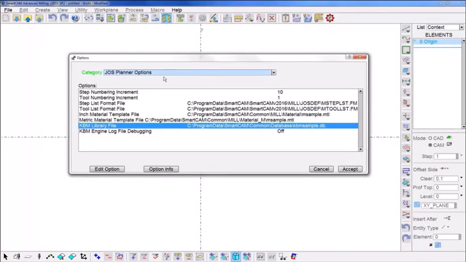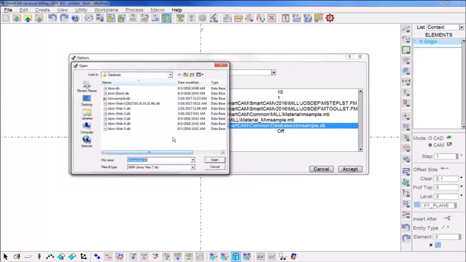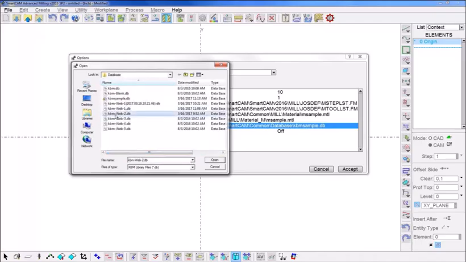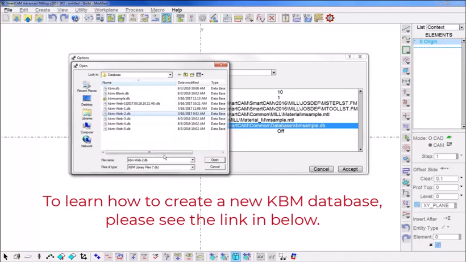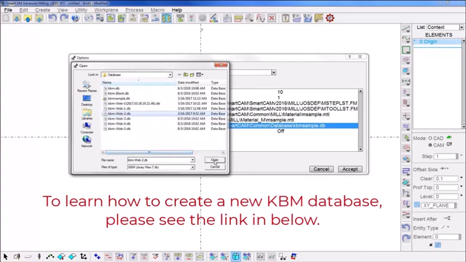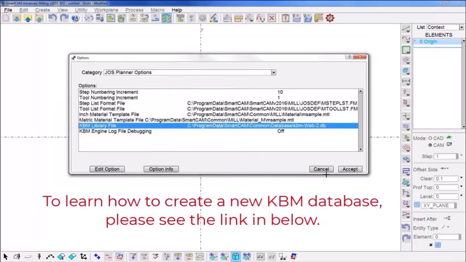So I go up here to Options, KBM Library file, and I'm going to pick one of these. You can see the one I picked is size 144. That's the size of an empty database. So I've got an empty KBM database,